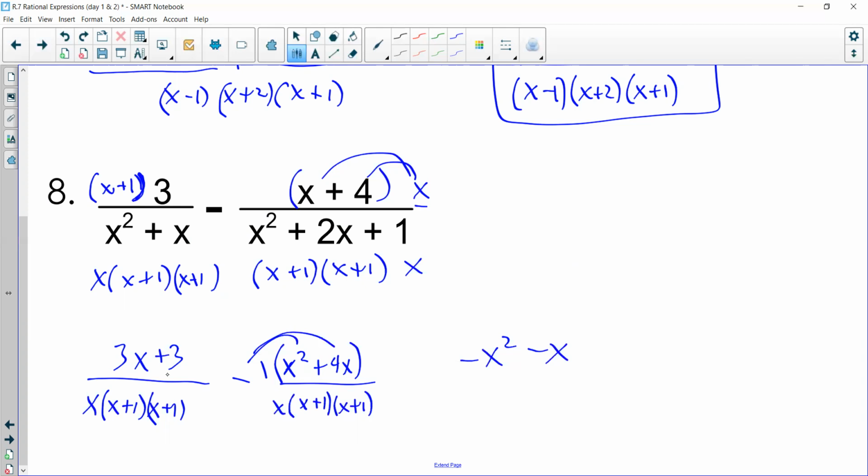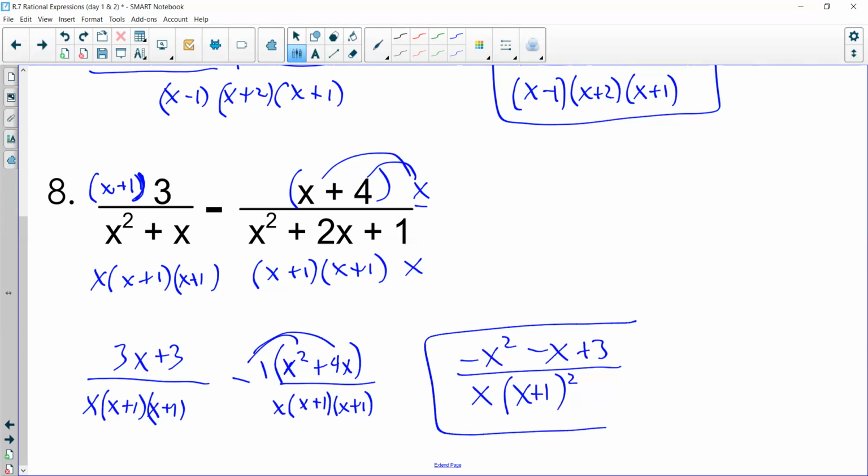Okay, and then just a positive 3 minus nothing. There's no constant term over here, so just plus 3 over our common denominator of x times x plus 1 times x plus 1. Since those are the same, you could write x plus 1 quantity squared. Okay, either way works. All right, and there you have it. This is adding and subtracting those rational